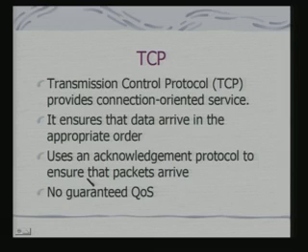It also uses an acknowledgement protocol to ensure that the packets arrive, but however, there is no guaranteed quality of service. Guaranteed quality of service is again a very simple quality of service that you are looking for, maybe a bound in the delay for the packets arriving. And in fact, one parameter which we refer to as jitter is the variation in the delay. So, even if you have the variation in the delay bounded, then also there is a QoS guarantee. TCP really does not guarantee quality of service.